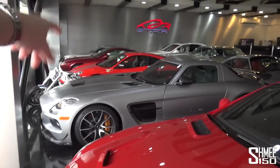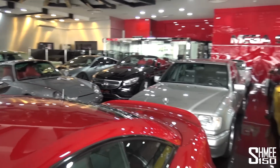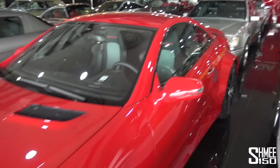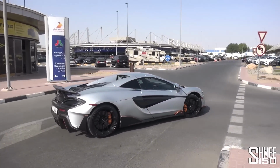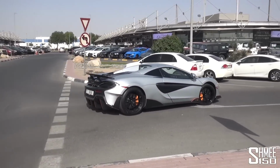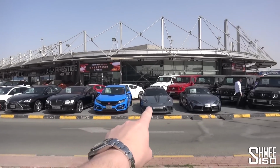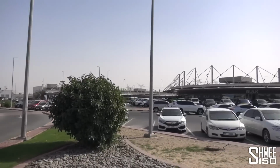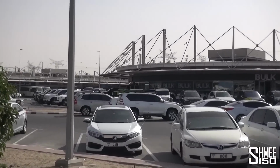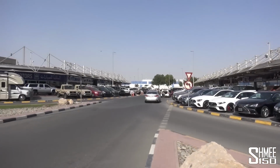What else do we have here as well? 430 Scuderia rear. We've got a 993 Turbo with a GT2 body kit, S63 convertible, a few other nice cars as well, but that's cool. A little bit of car spotting while we're at it. 600LT Spyder, silver with the orange accents as well. There's just lots of cool stuff around here. There's an A45S, Civic Type R, 991.2 GT3, Supra, G63s for days, the G500 4x4 squareds. Over that away, if I zoom in, we have the lime green Brabus G500 4x4 squared. You get the point. You never know what might be lurking, but let's head from here back in the DBX